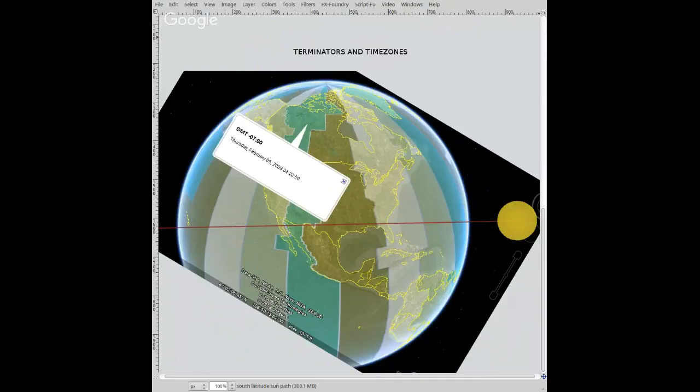So yeah, a time zone line between time zones is a sunrise line. That's what it is, a sunrise line. Okay, a sunrise line is a terminator line. And these lines also happen to roughly match the edges of time zones, because we can see right here, I'm pointing at the wrong thing, sorry. We can see right here